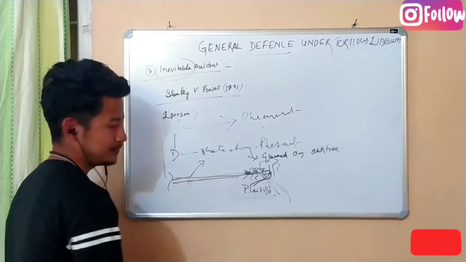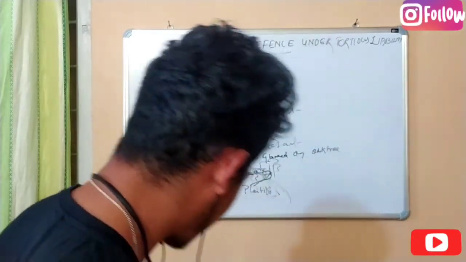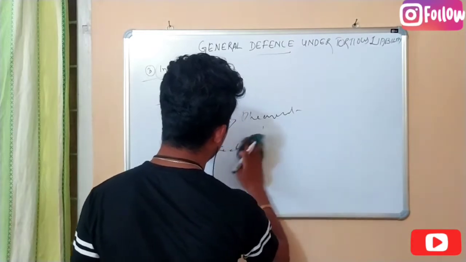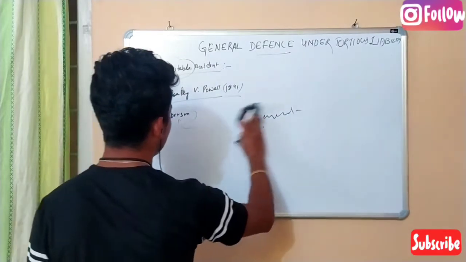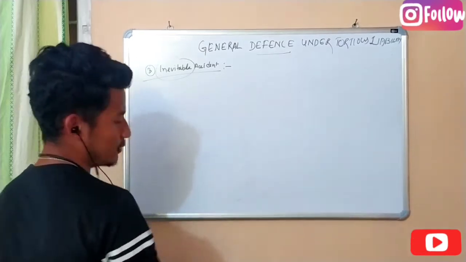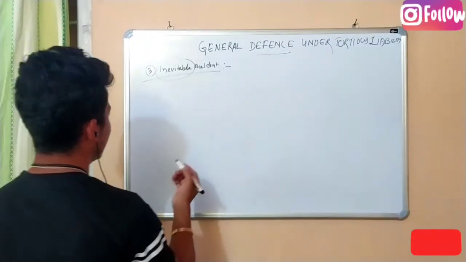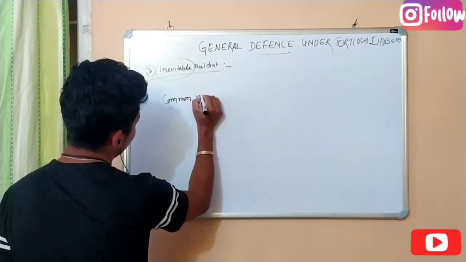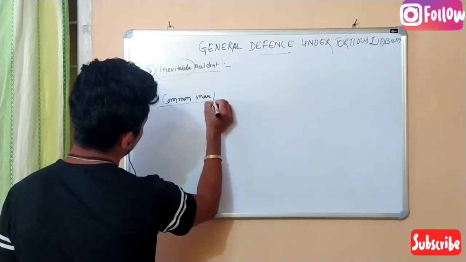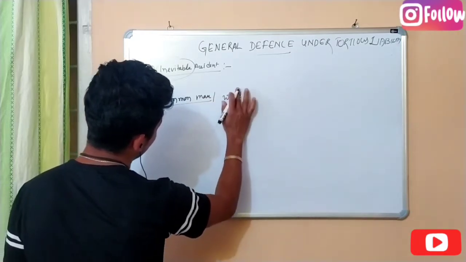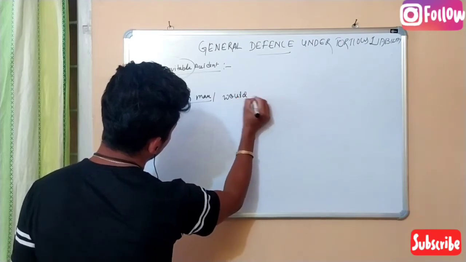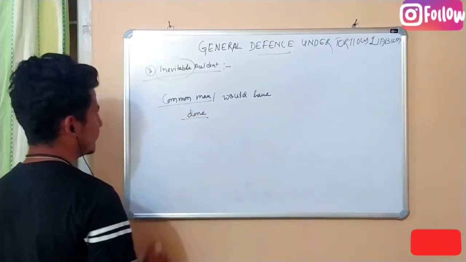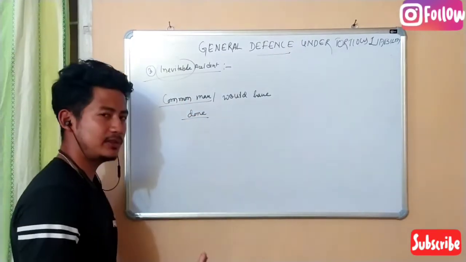So it was like that. I hope it is clear to you now. It is a very small case, and a very small thing that you can easily remember in your own language also. It is an inevitable accident where, say a common man would have done the same. Under the inevitable accident, what the court presumed is what happens if a common man would have done